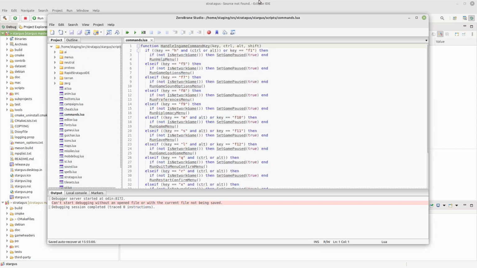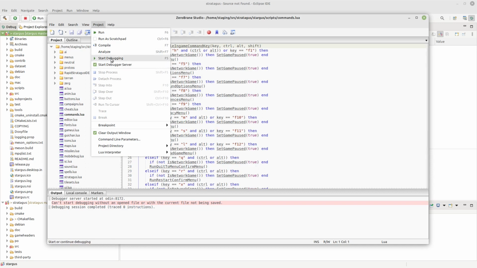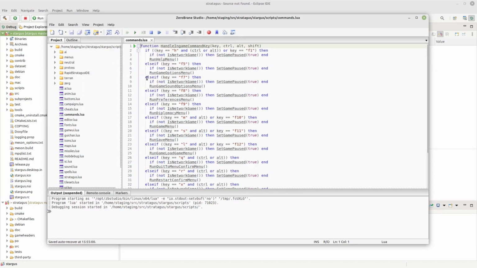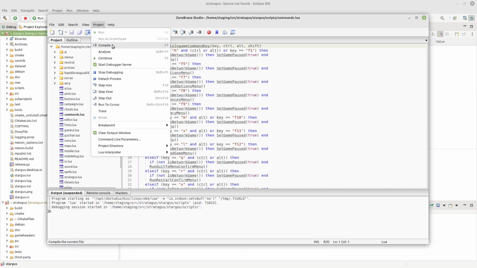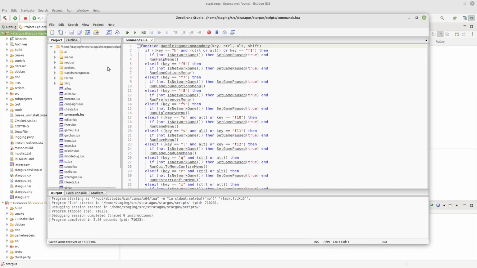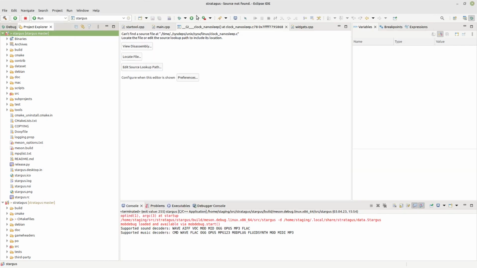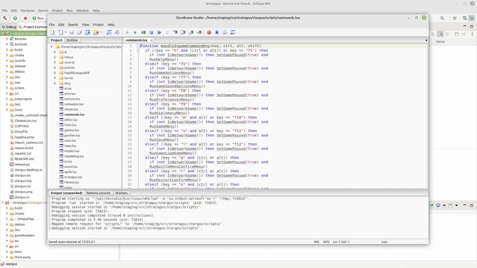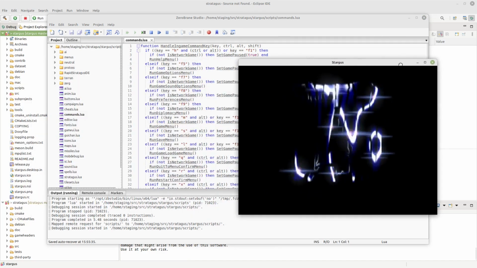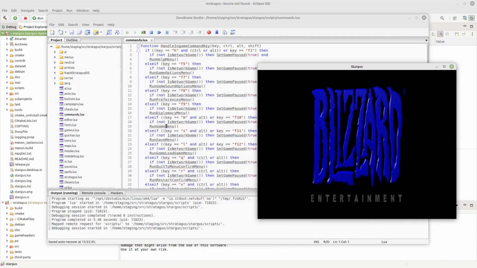Project, start debugging, not stop debugging. Again, Stargus. And then start or continue. Okay. And then it starts. So now both windows are connected,